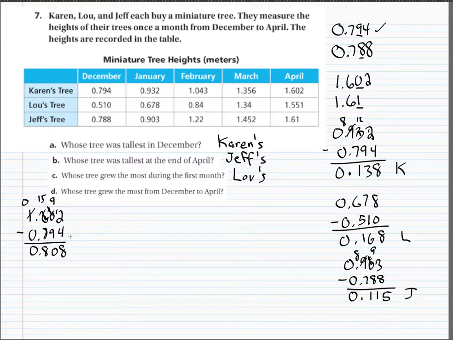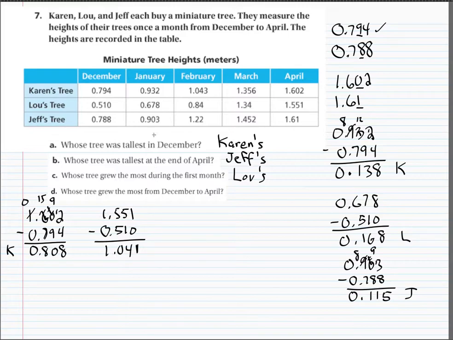And that leaves us, what, 808 thousandths. All right, this is Karen's growth total from December to April. Lou's, again, I'm finding the difference. I'm going to do 1 and 555 thousandths minus 510 thousandths. Subtract: 1 minus 0 is 1, 5 minus 1 is 4, 5 minus 5 is 0, and 1 minus 0